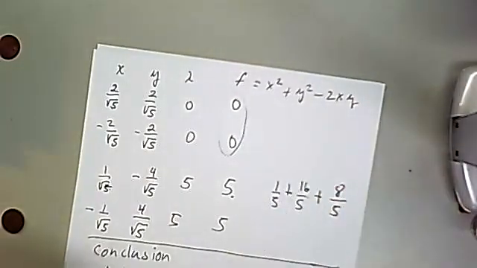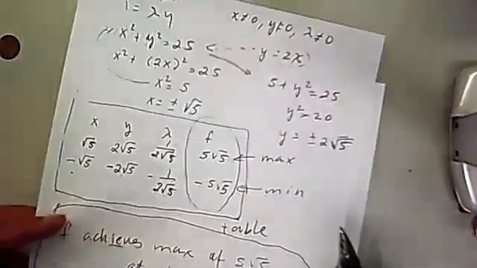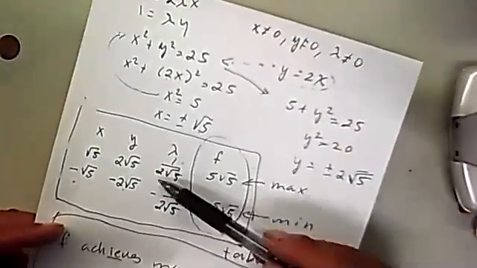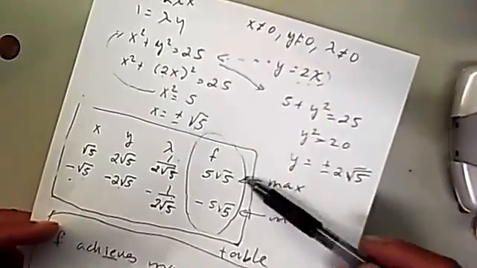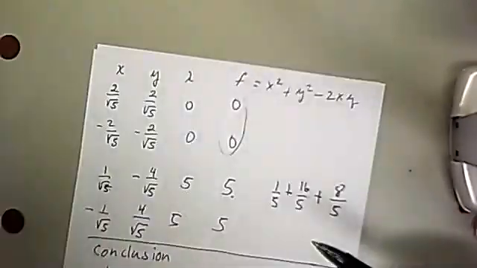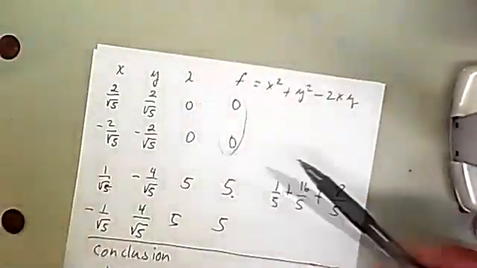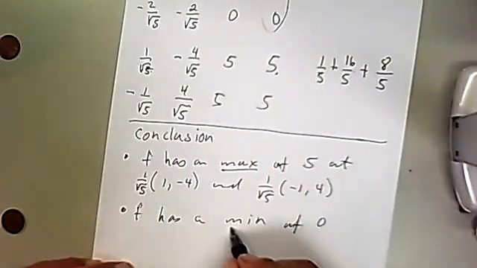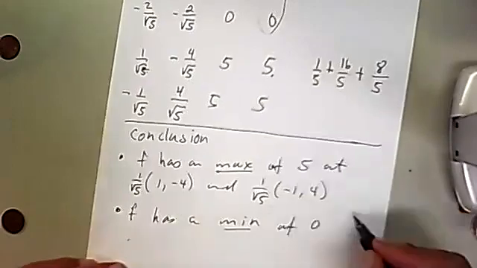Typically, let's look at example 1. The lambdas and the outputs are not quite that related. Here in example 1, the lambda and the outputs do both possess a square root of 5, but they're not the same answer. So that is just a coincidence that we got here. We have a minimum of 0 at,